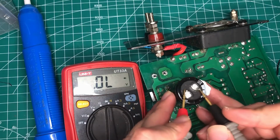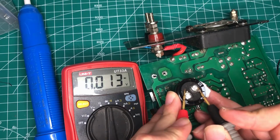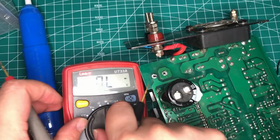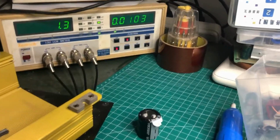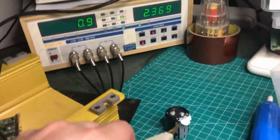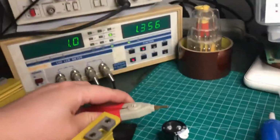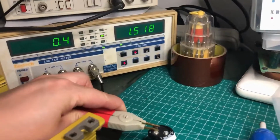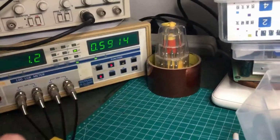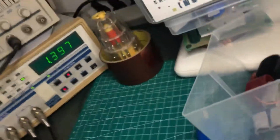Strange, come on. A very strange phenomenon, a short is very strange. Okay, let's measure it. And now let's use the electric bridge to check the main capacitor so we can see more detail. Let's see whether it actually has a problem. This capacitor is